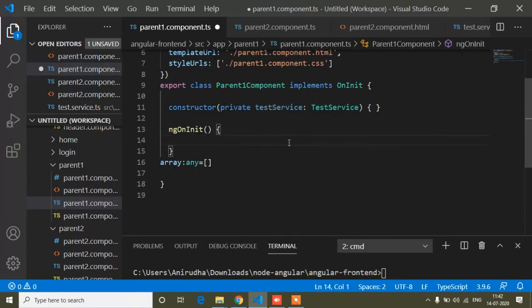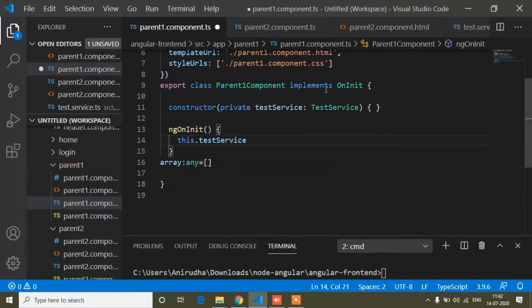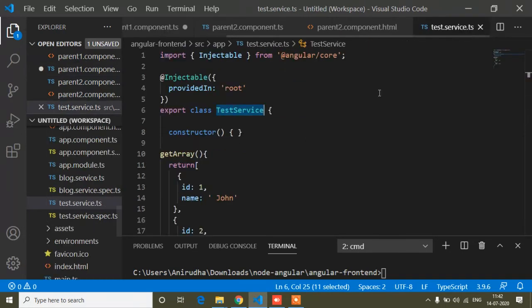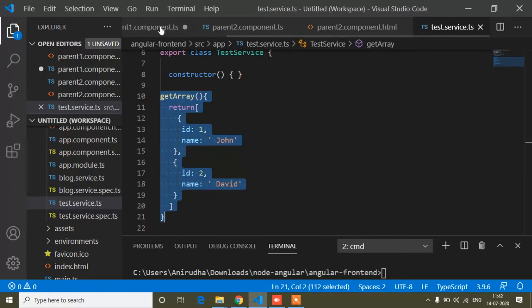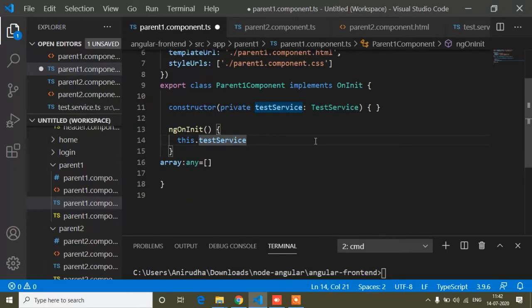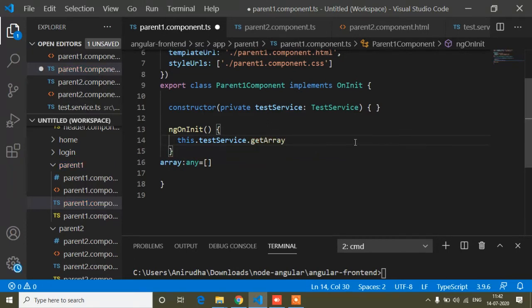So inside this ngOnInit, here I will write this dot testService, because I declared the array inside our test service and inside this getArray method. So testService dot, so you can see it's showing the method which I declared inside our test service.